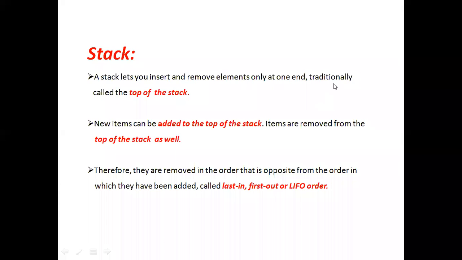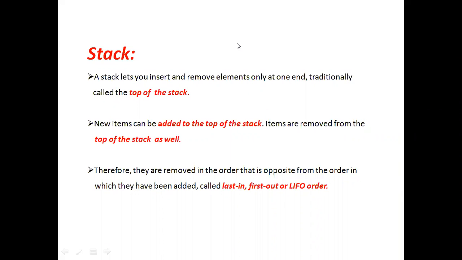We already know about the stack. A stack is a last in first out order. A stack always follows the last in first out order, in which the last entered element is removed first. That last element which is entered is called the top of the stack.